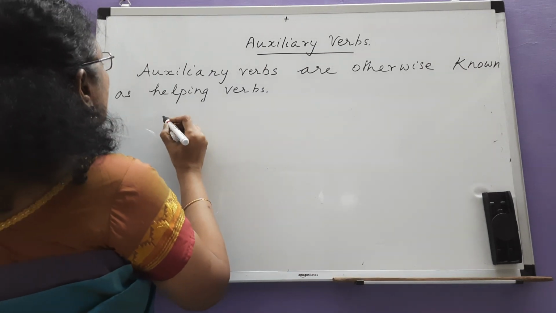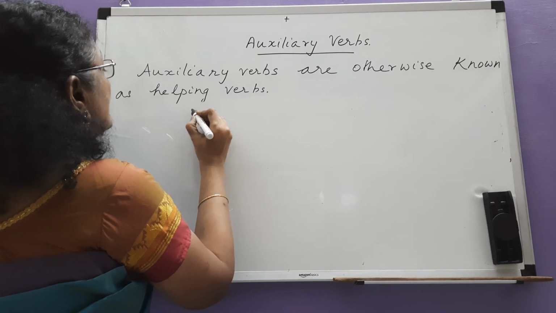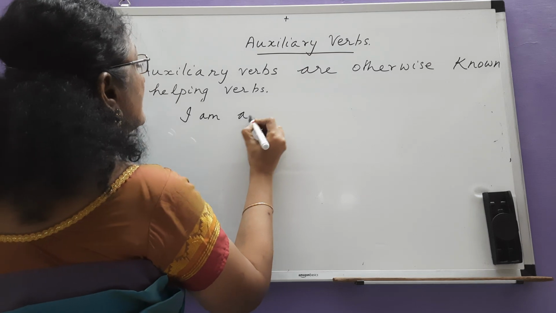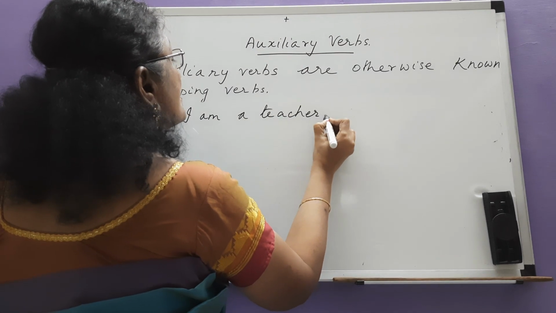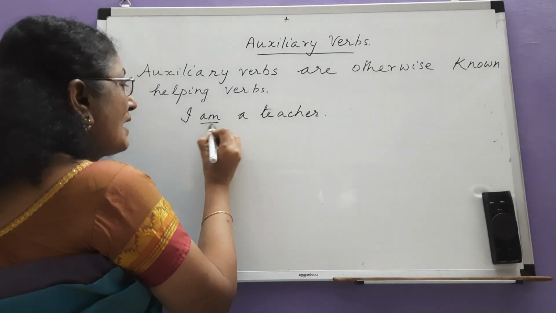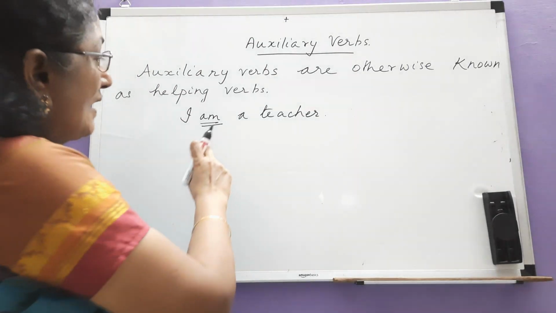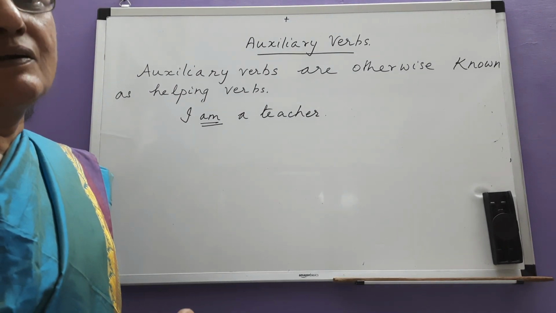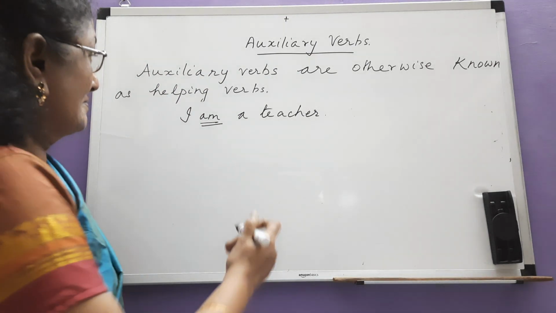Let us take the verb am. Say, I am a teacher. If I say like this, there is no chance for the same am functioning as the main verb here, but the same am will function as an auxiliary verb also. So when you want to say I am working as a teacher,